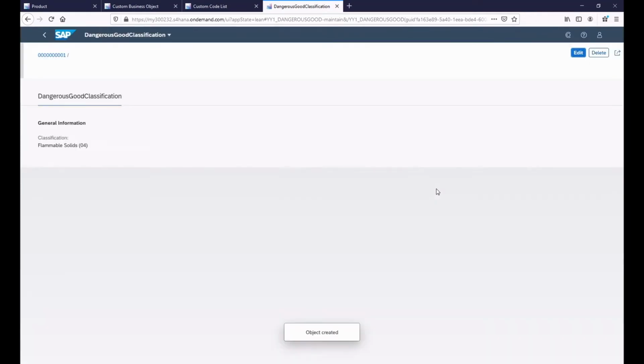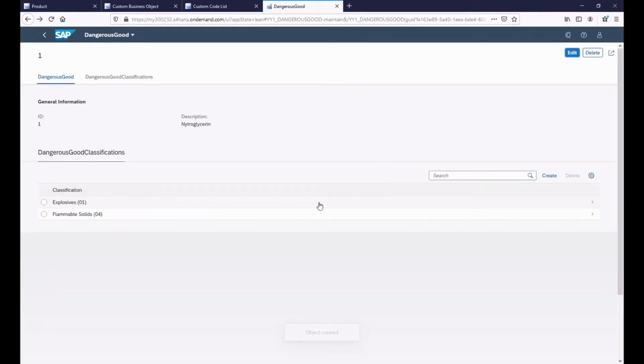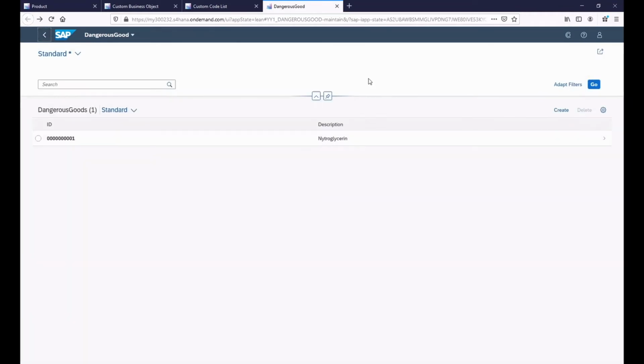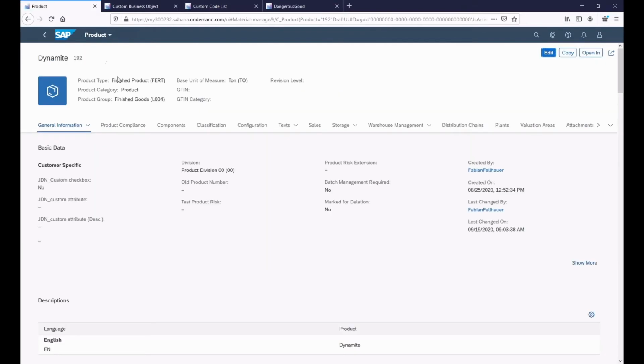So we have now multiple classifications linked with our dangerous good, and we have now also created our dangerous good called nitroglycerin in our app. So we are ready now to link this dangerous good with our product. What we are going to do now is switch back to our product app. So we are at the standard process at SAP now, and